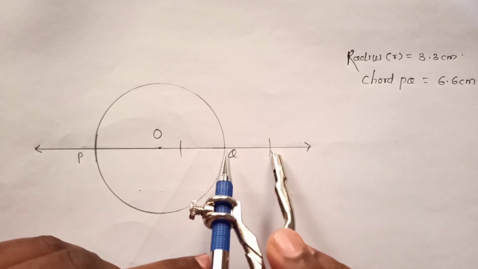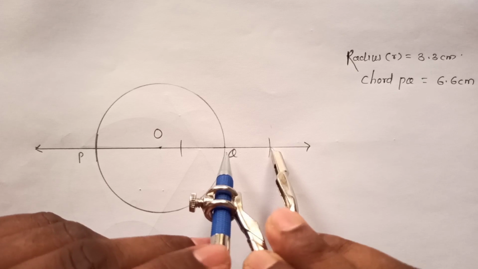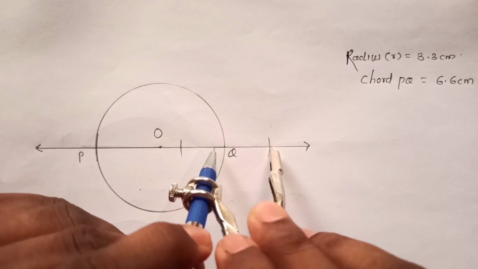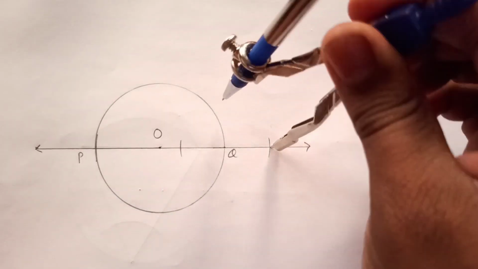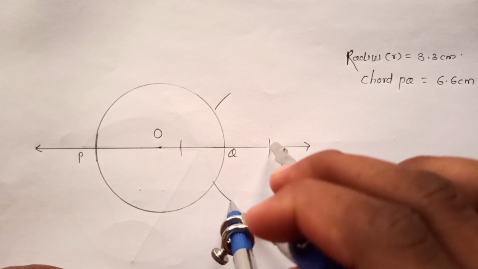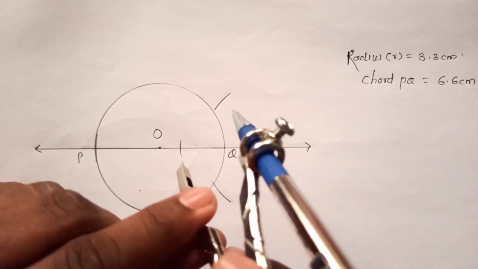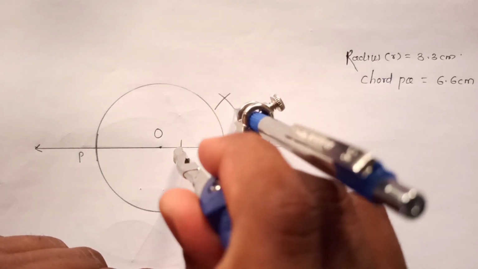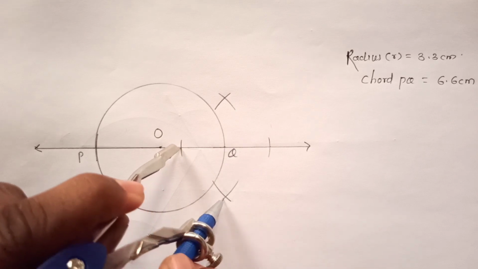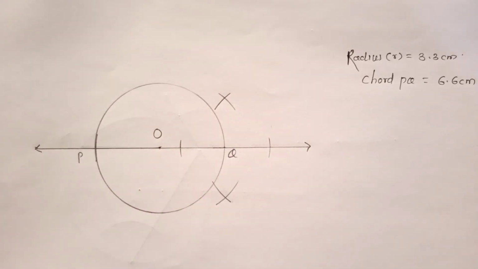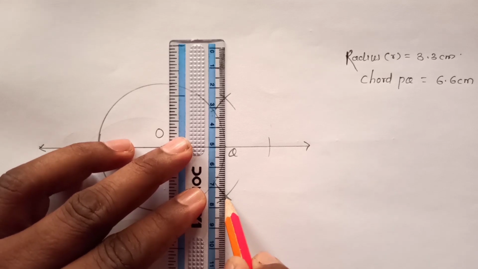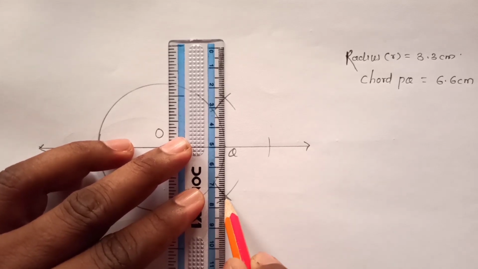So hold this compass on the first arc which is outside the circle. Okay, so let's take more than half distance, make one arc to this side, second arc to the other side. So don't change the distance, keep it as it is, and hold this compass on another point which is inside the circle. Okay, so in this way you can easily get two arcs intersecting each other. Okay, so let's join these 2 points of intersection to each other.